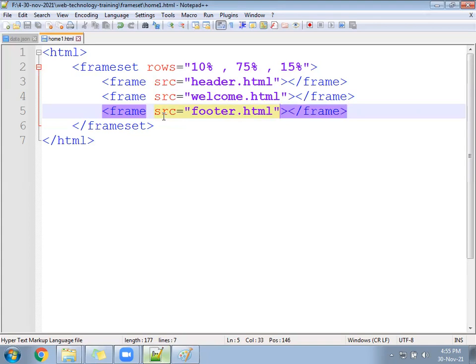Okay, done. Save the file. The files header, footer, welcome do not exist as of now. It will say page not found. Now, after saving the file, you run that and check that your page is divided into 3 blocks. Save the file, run it, check once that the page is dividing into 3 blocks.